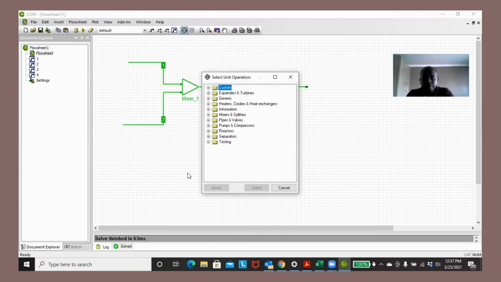So now let's put in a reactor. And when I actually started this today, the first thing I thought of was a Gibbs reactor. And the reason for that is I feel it's the simplest reactor to use, but also it's the most practical when you do not have much information about the reaction itself. So given that you don't have the kinetics, you don't have information on the conversion that you require, all those things, this is the simplest one to use because what it does is it takes you to the equilibrium conversion based on the conditions that you have. So the Gibbs reactor,